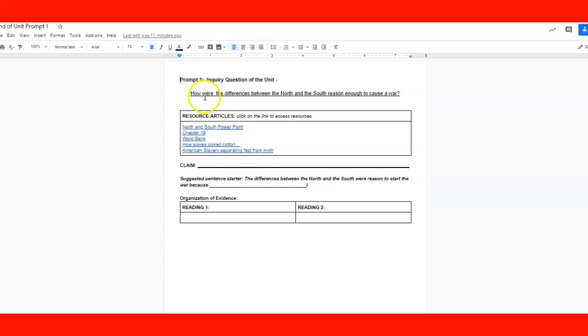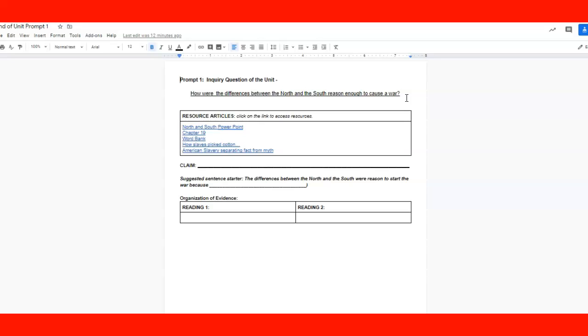So prompt number one is linked to the inquiry question of the unit. And the inquiry question of the unit was, what are the differences between the North and the South, and how did those differences cause a war? We tweaked that question just slightly here. We decided to present the question of how were the differences between the North and the South reason enough to